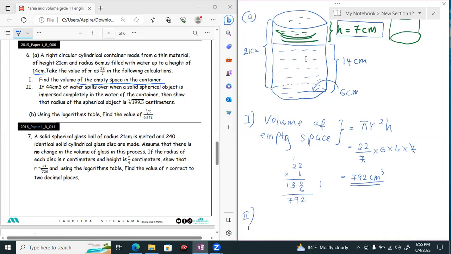We have to show the radius. That means radius is equals to this given answer. To show this, what we have to do, what we have to show? The sum of empty space and 44. Very good. The sum of empty space and 44 means, that means when it is immersed to this